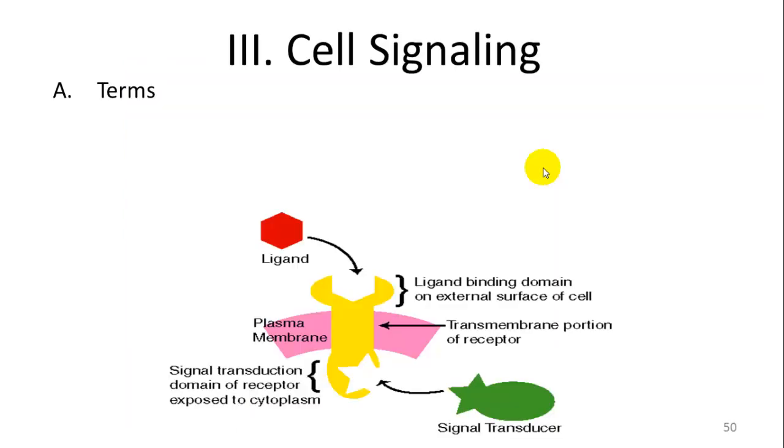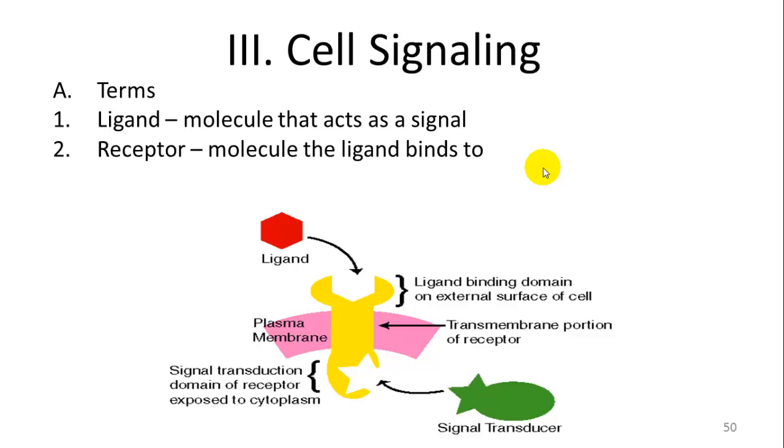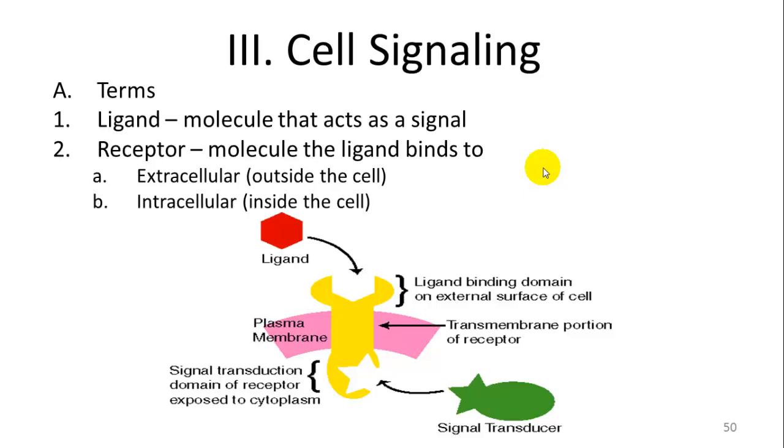All right, finally, the last little section we're going to talk about is cell signaling. When cells are far away from each other, they may use chemicals to invoke changes in other cells. The chemical that is going to invoke that change is called a ligand, the signaling molecule. It often doesn't work by itself and requires a receptor to bind to, which is on the target cell. You can have extracellular binding, or you can have intracellular binding, inside the cell.